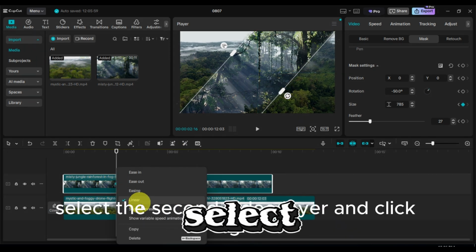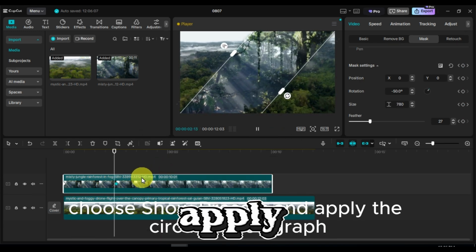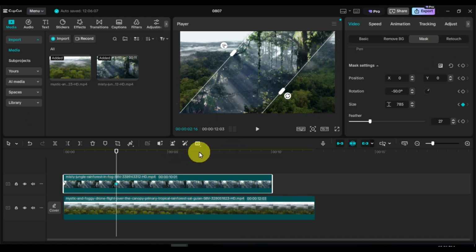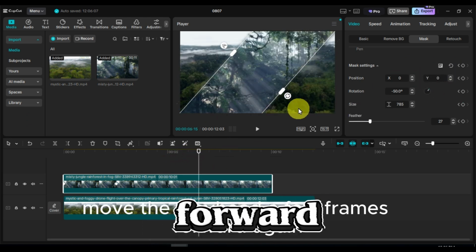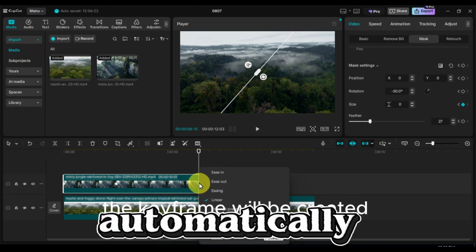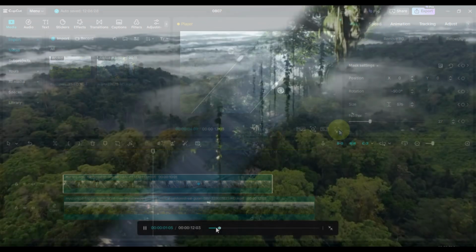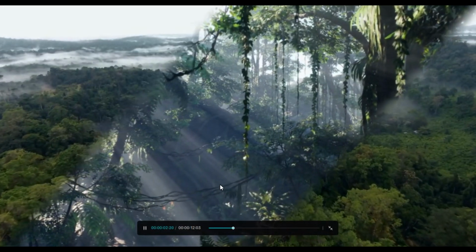For a better look, select the second video layer and right-click, choose Show Presets, and apply the circular ease graph. Move the playhead a few frames forward again and close the borders. The keyframe will be created automatically. Afterwards, apply circular ease from the presets. And the final result is